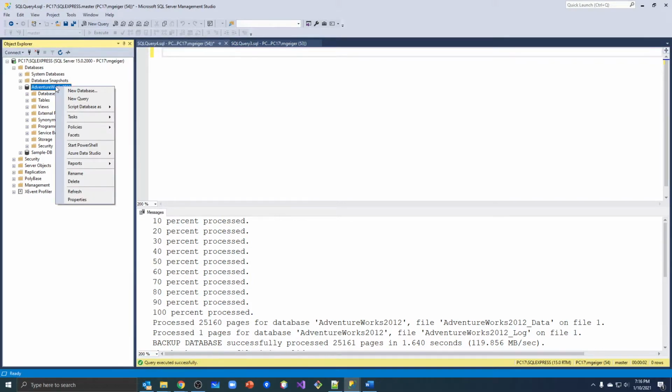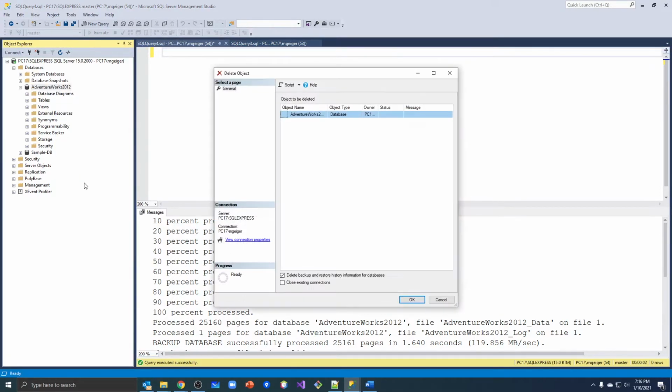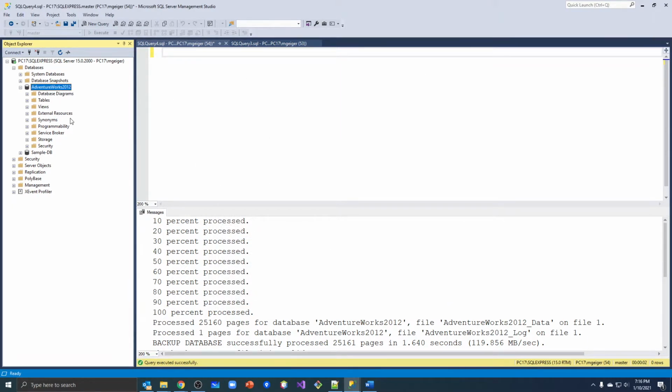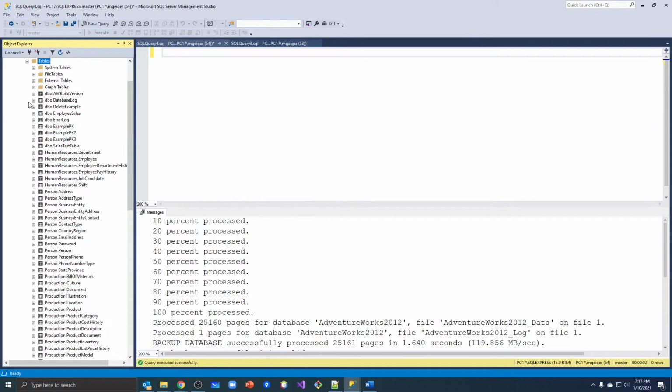So I'm going to come over here to AdventureWorks. I'm not going to delete it first. Let's just go over here and restore. Say we messed up our table. Let's do that. Here we had the sales test table. I remember making that. Let's drop table